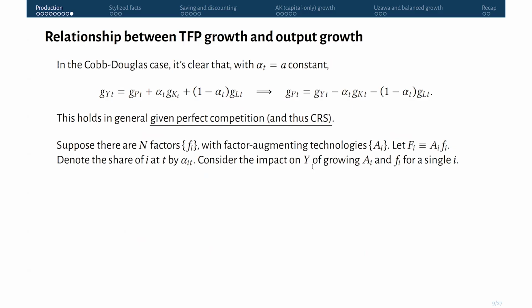Suppose there are n factors. We'll denote them F sub little i with factor augmenting technologies A_i. And let big F sub i denote the effective quantity of factor i. We can denote the share of i at t by alpha_i(t). Now we can consider the impact on output of growing the quantity or the productivity of a given factor. So given perfect competition, as we've seen a few times now, i's share at t will be its marginal product times its quantity divided by